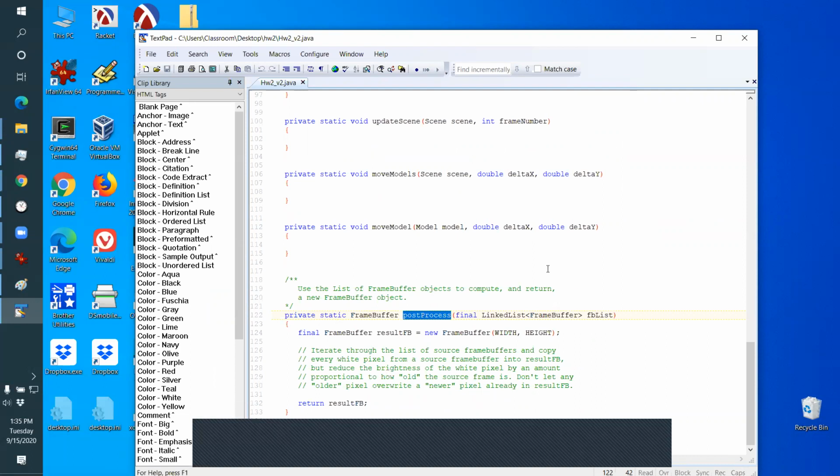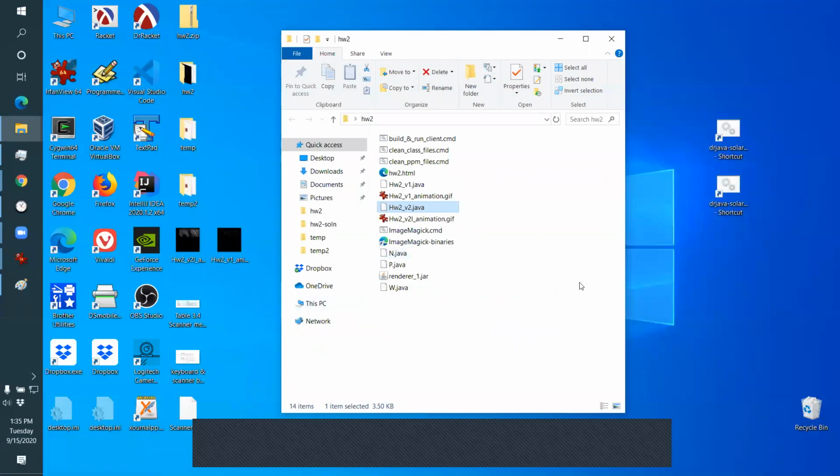So if you can do something fun with the post-processing, try it. Okay. All right. So now let's go and talk